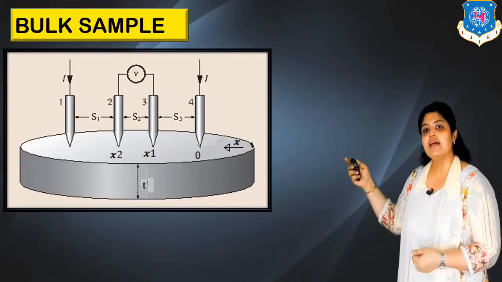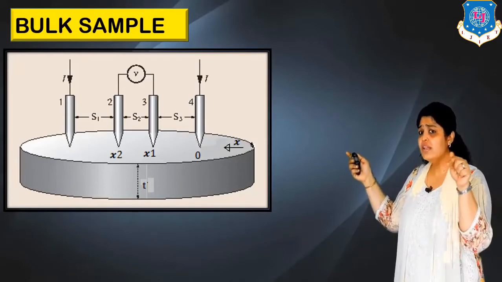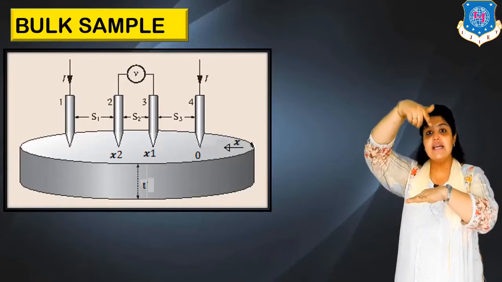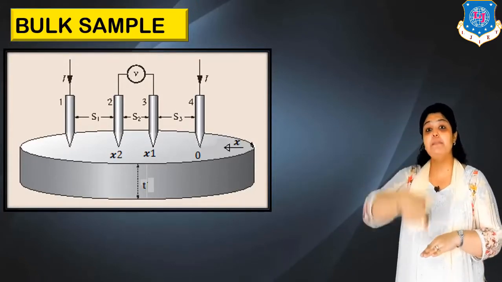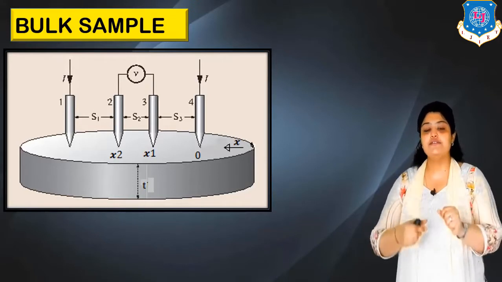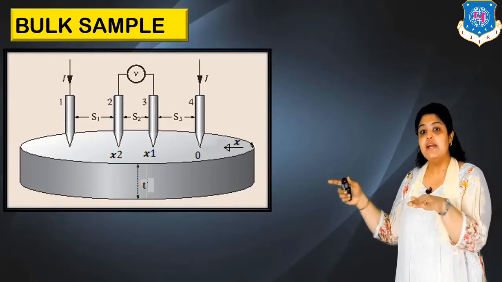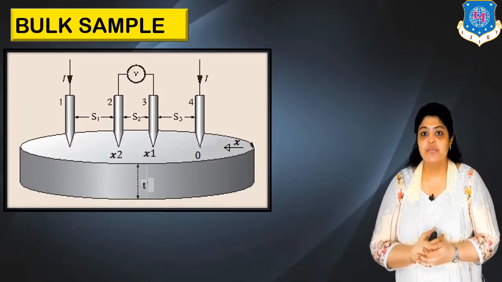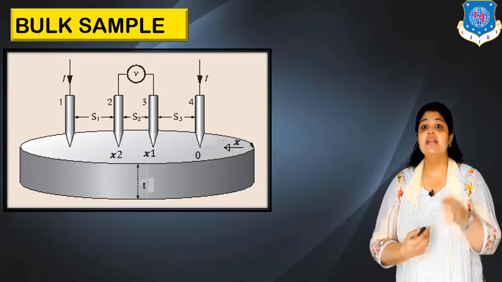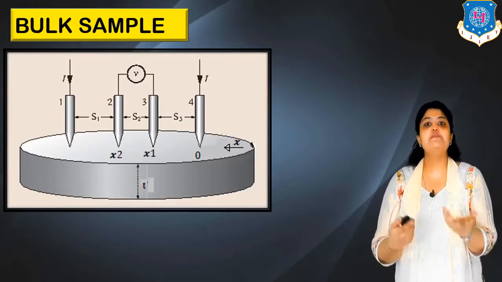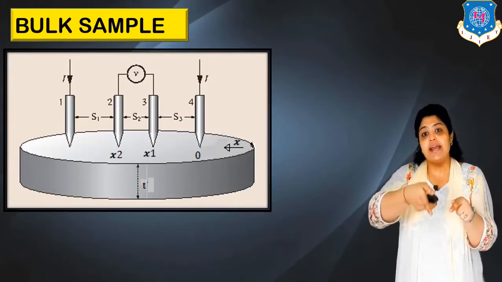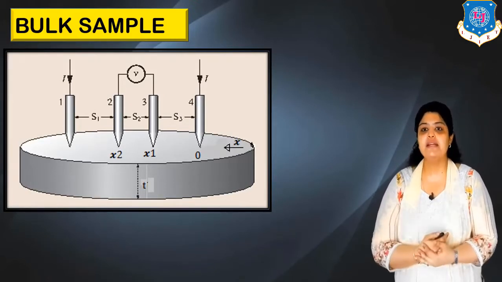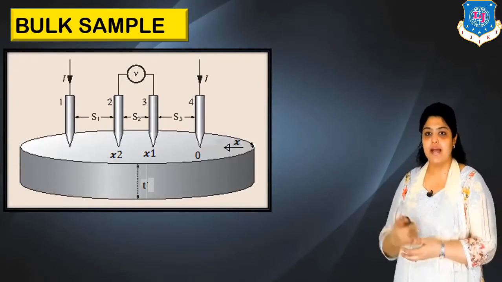Now just have a look at the diagram. You can clearly see that all the 4 probes are connected on the top. They are just connected on the surface. They are not penetrating the surface, they are on the surface. That means 4 contacts are made on the surface and the 4 probes are connected on those contacts. What will happen in this case? The current always spreads radially, but this current will directly penetrate the sample. Your probes are not penetrating the sample. This is very clear from the diagram.